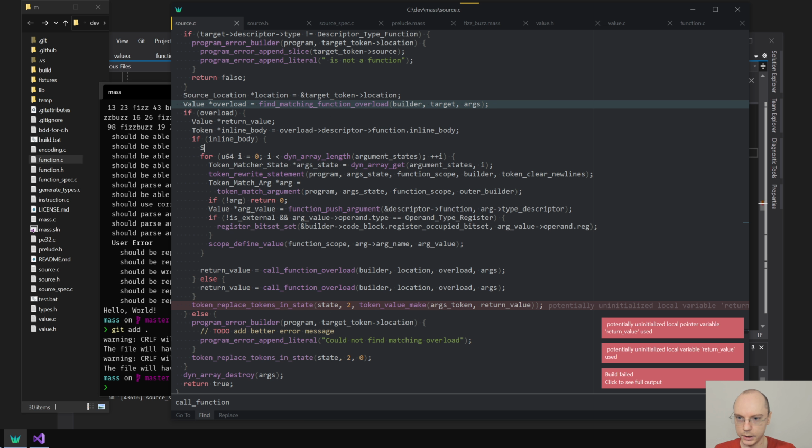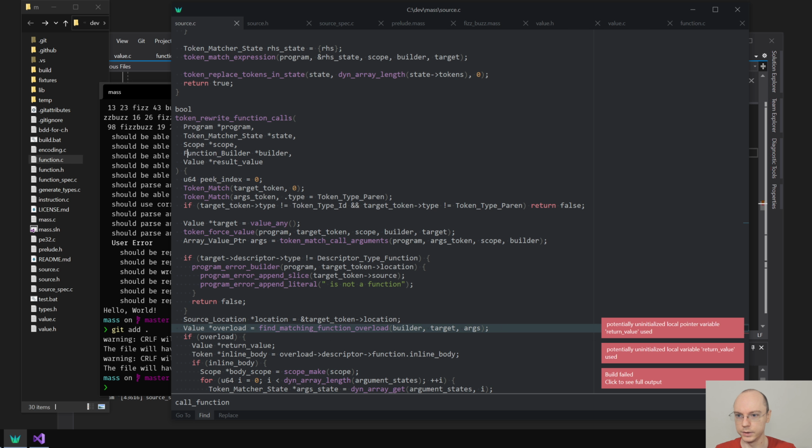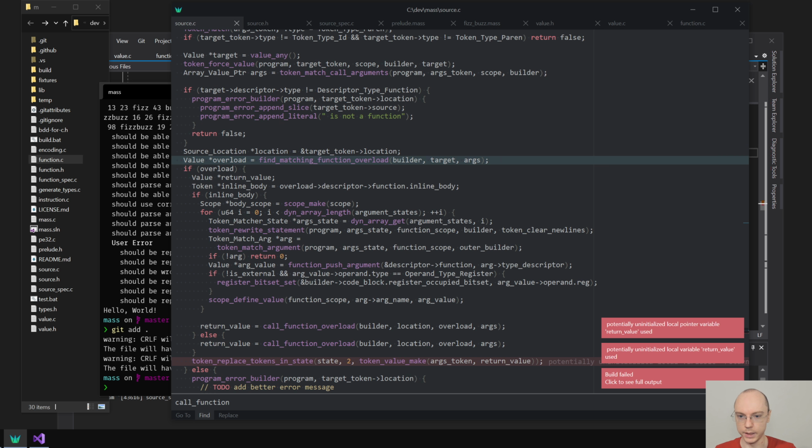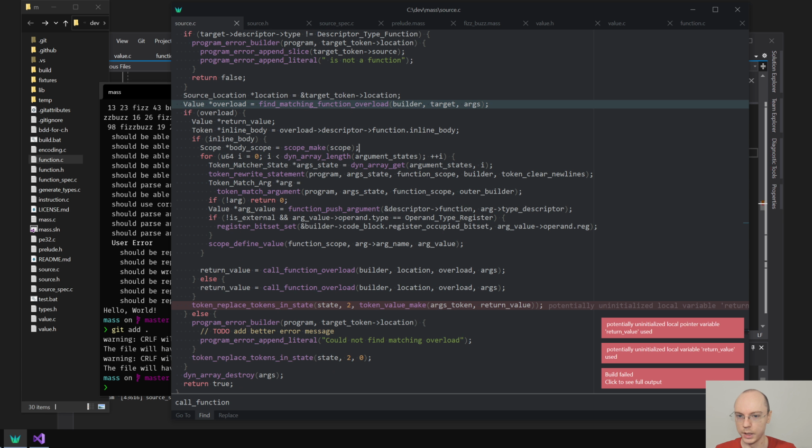So I say scope star body scope is scope make of scope, right? We are executing this inside of certain scope. We create a nested scope inside of that scope, and we need to go through the arguments. For that,